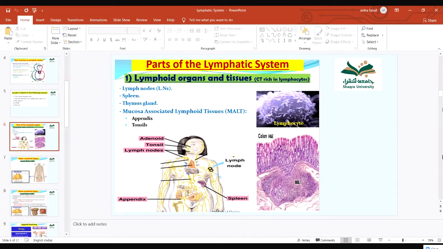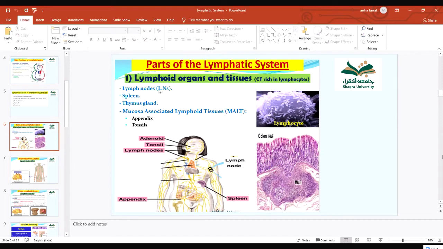So you have primary lymphoid organs and secondary lymphoid organs, or you can say the central and the peripheral lymphoid organs. The primary lymphoid organs are those where your WBCs, or the cells of your immune system, are being constantly produced or being programmed to deal with the antigens, the pathogens. The primary lymphoid organs are your bone marrow and thymus. And all remaining lymphoid structures are secondary, like your lymph nodes, spleen, and this mucosa-associated lymphoid tissue.